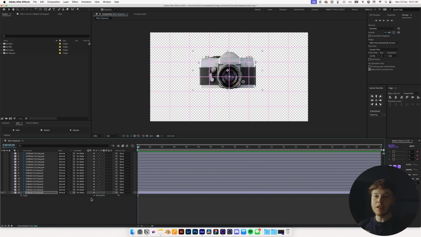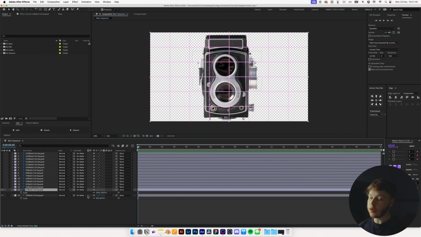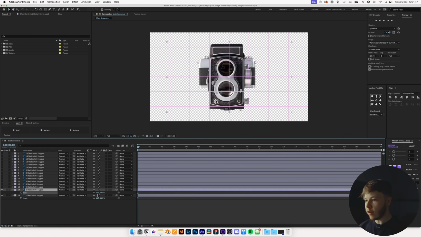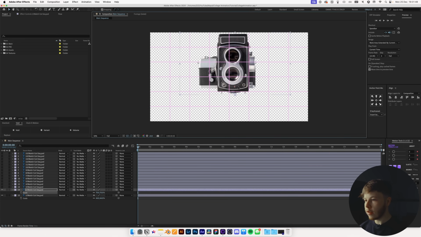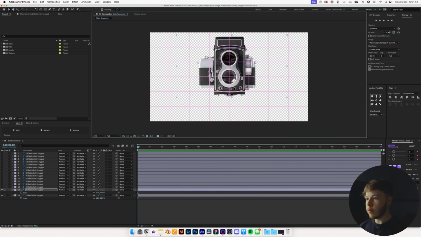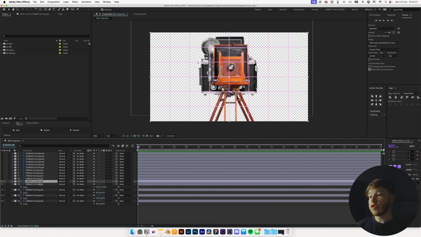I just want it to be centered around the lens itself. And then we'll open up the next lens, or the next camera, sorry, and then move it around and scale it and make sure it is right in the middle pretty much. So now we have a little cut going there right in the middle, and just repeat this process until we've